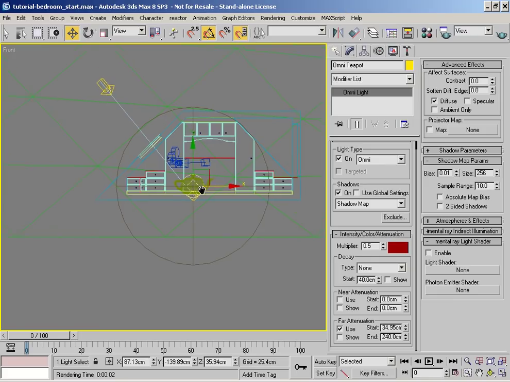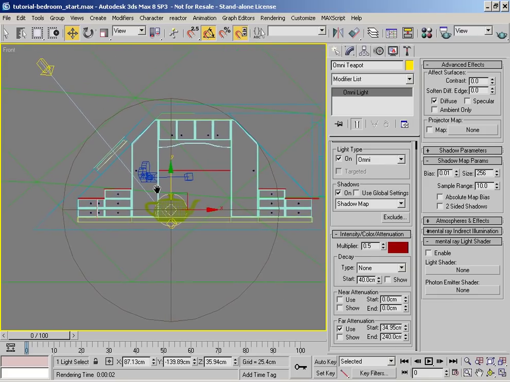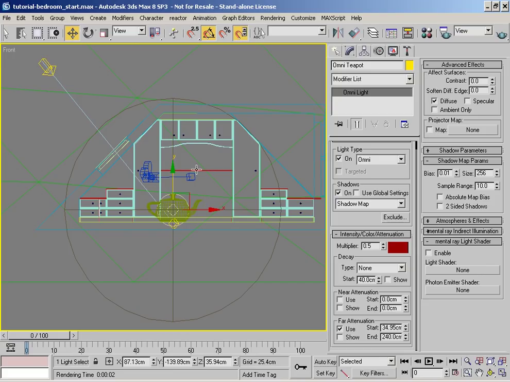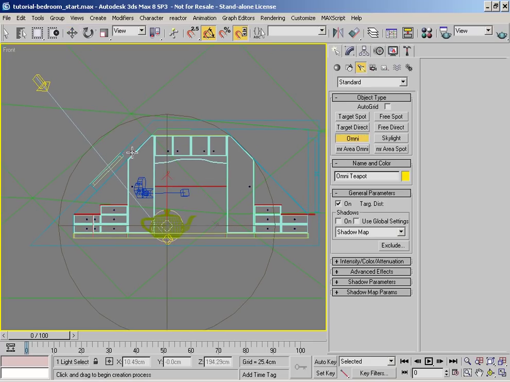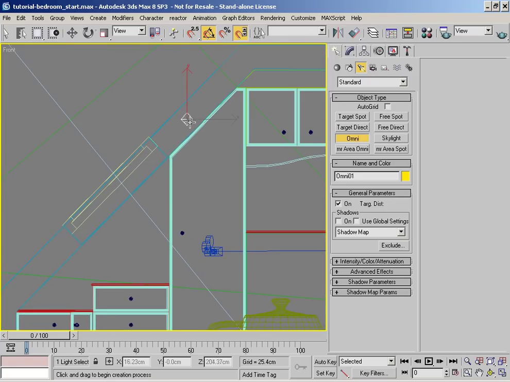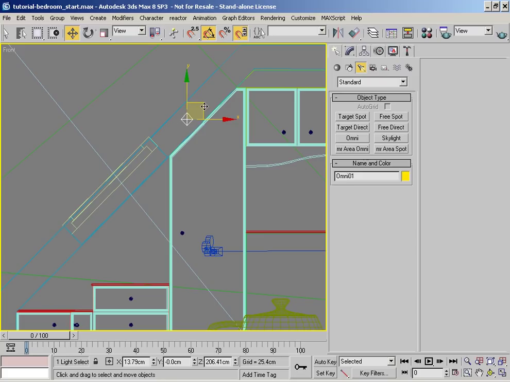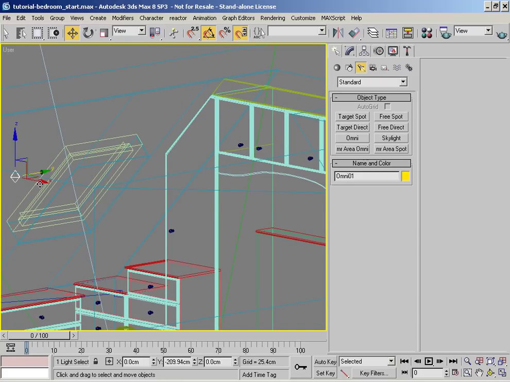Okay, so in the front viewport, we'll create the additional lights around the scene. Now what we need to do with this particular one is, because we have a cavity around the edge of the walls, we can actually position lights. Just create a new Omni light. We can actually position it inside the cavity. Now the reason we're positioning it there and not on the other side will become very, very apparent if I quickly just do this, and I'm going to reposition it